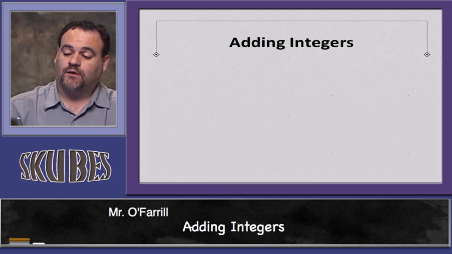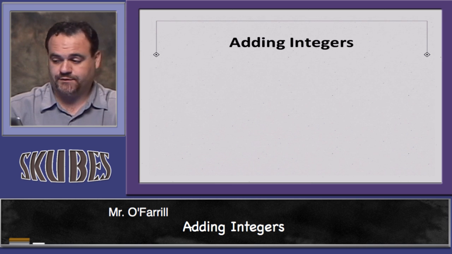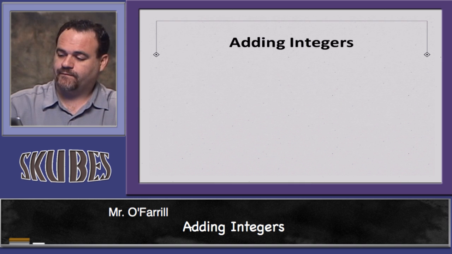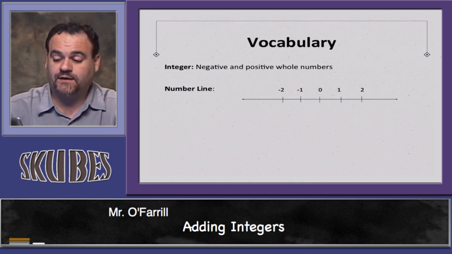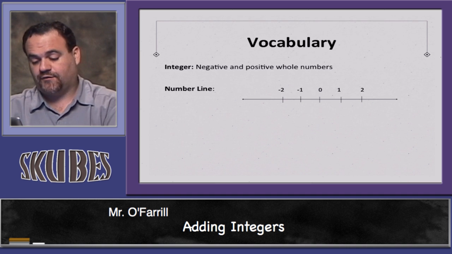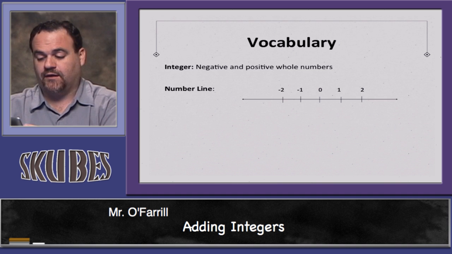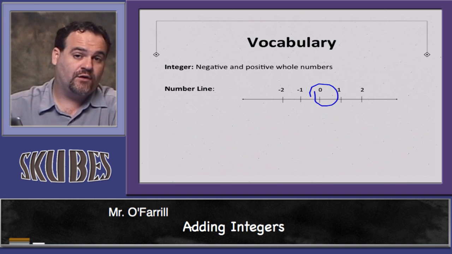In this video, we're going to be looking at adding together integers. An integer is defined as either a negative or a positive whole number. So as you can see from the number line here, we have, starting with 0, which is neither positive nor